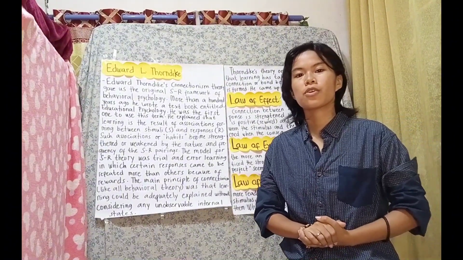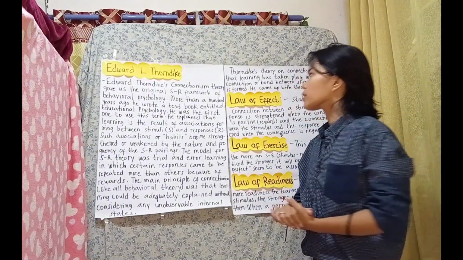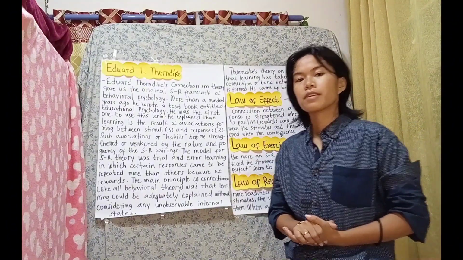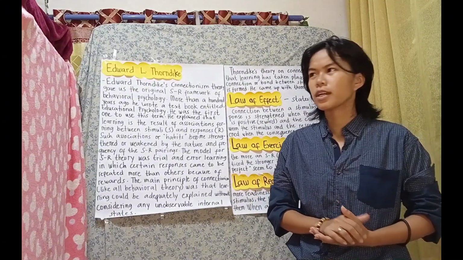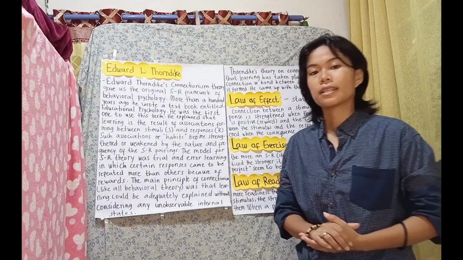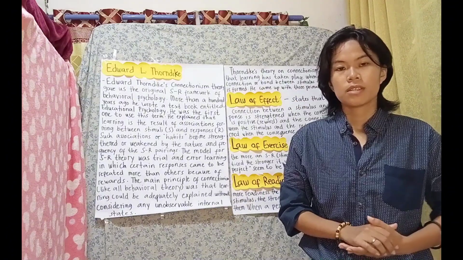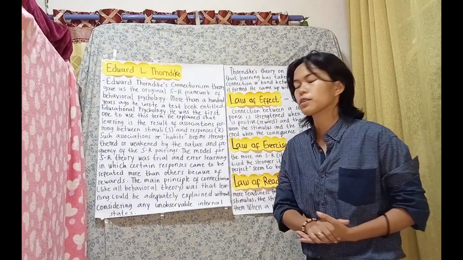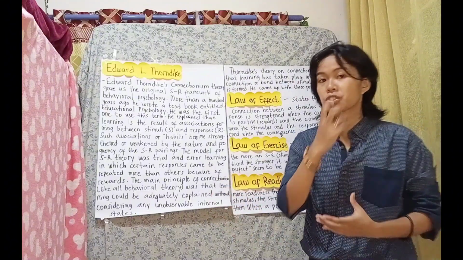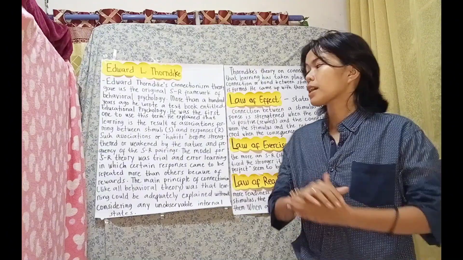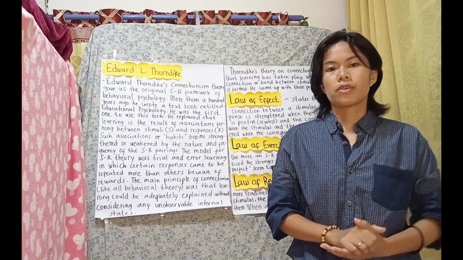I am here to tell you about Edward L. Thorndike's connectionism theory. Edward Thorndike's connectionism theory gave us the original S-R framework of behavioral psychology. More than 100 years ago, he wrote a textbook entitled Educational Psychology. He was the first one to use this term. He explained that learning is the result of associations forming between stimuli (S) and responses (R). These associations or habits become strengthened or weakened by the nature and frequency of S-R pairings.